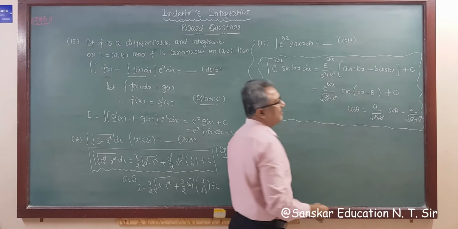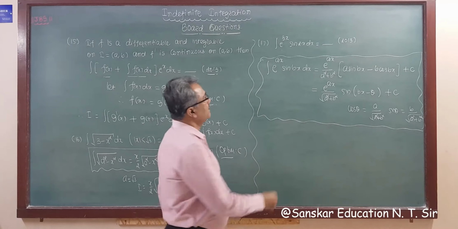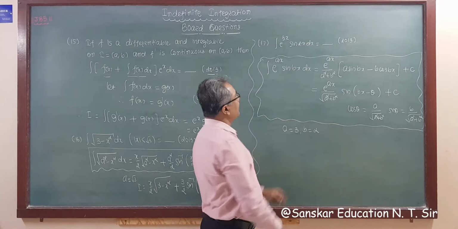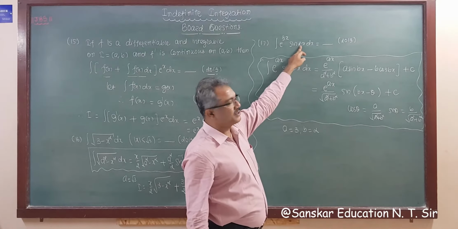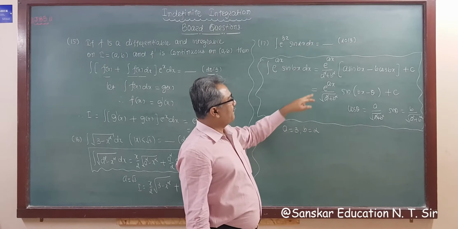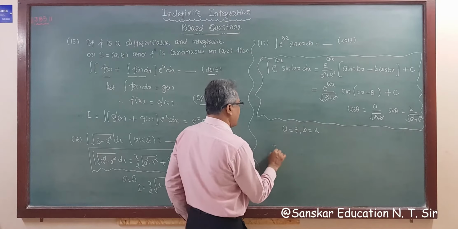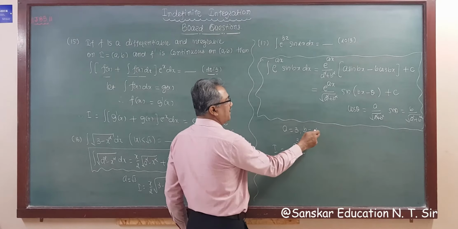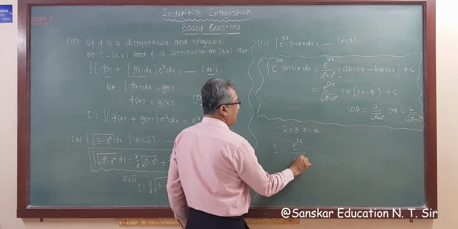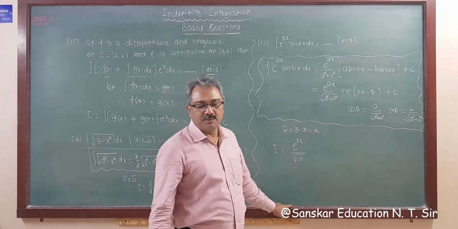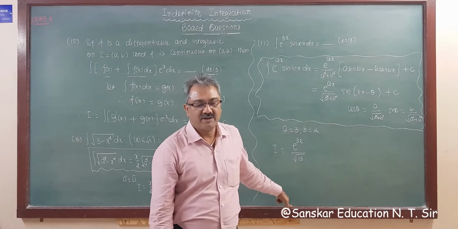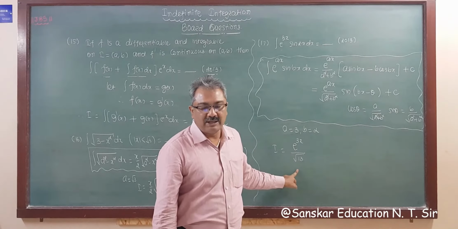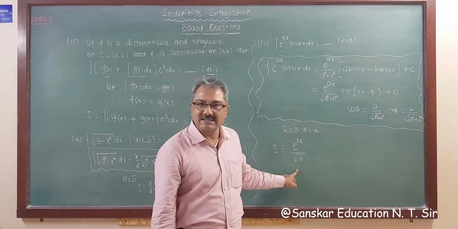I am recalling all formulas once again, right? So a is equal to 3 and b is equal to 2, as we discussed. So applying this formula, what is your answer? I is equal to e raised to ax, that is 3x, upon root of 9 plus 4, root 13. Now check your options. How many options have this in the answer? e raised to 3x upon root 13. So only the first and second have the answer, right?